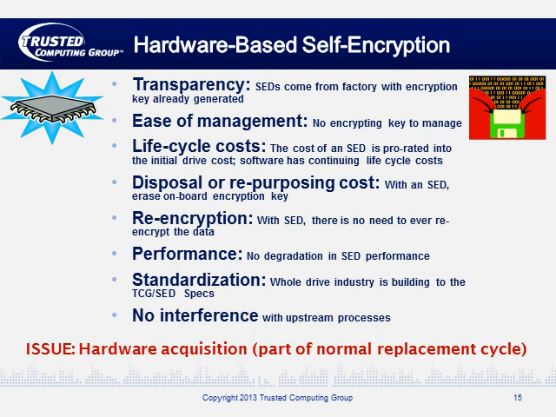And in fact, in this generation of drives, you're seeing very low incremental cost, and in many cases, no additional cost for having self-encryption. The disposal or repurposing cost is zero, in fact, because I can use the crypto erase function that Tom described, where I simply ask the drive to erase and replace the onboard encryption key and generate a new encryption key, thereby making all the old encrypted data unreadable. There's no need for re-encryption, as there is with software encryption. When you change the keys, you have to re-encrypt, but with a self-encrypting drive, you're not changing the encryption key,